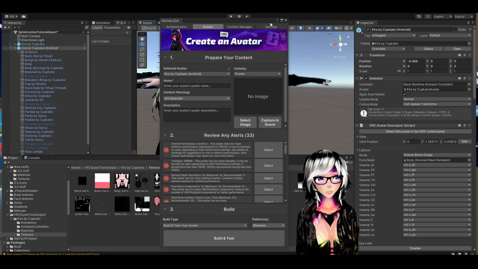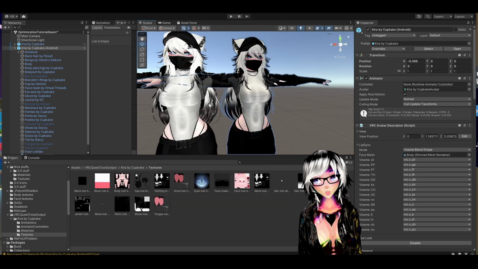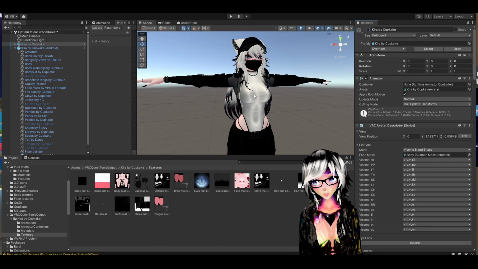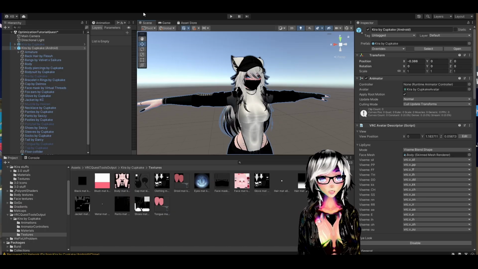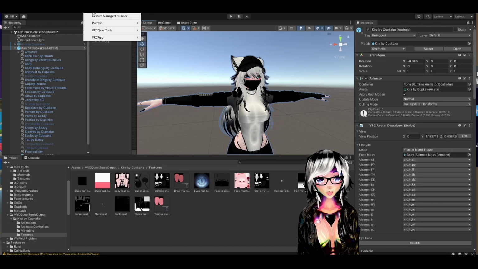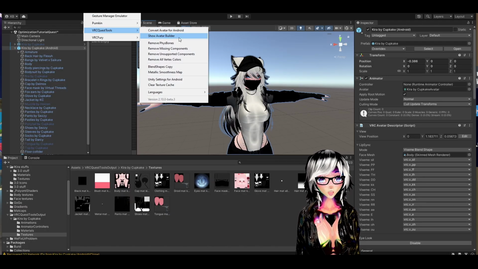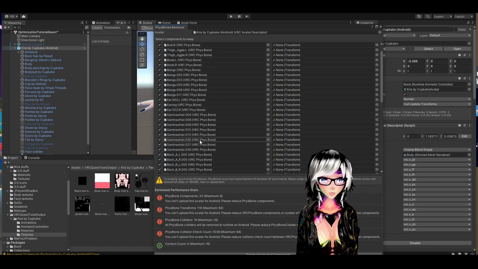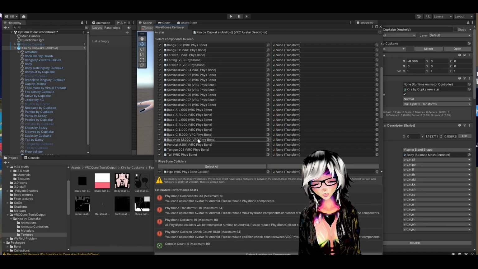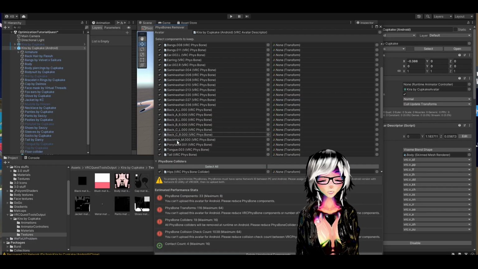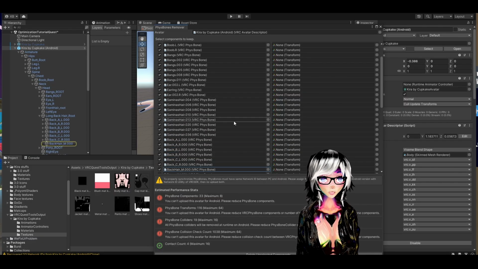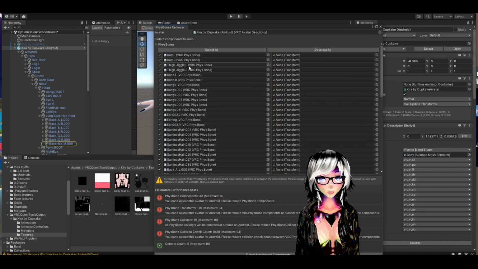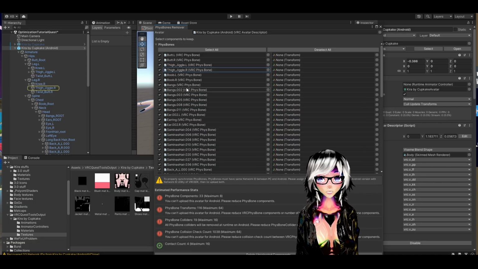So the next thing we're going to fix is the physbones, because we can only have 8 physbone components for Android. And currently, you're going to see, because Quest Tools has the utility remove physbones, currently we have 33, which is quite a lot. So here you usually have to do some sacrifices, and some magic, I would suppose. So first thing that I'm gonna do, I'm gonna see what I can do with the hair, because that's the